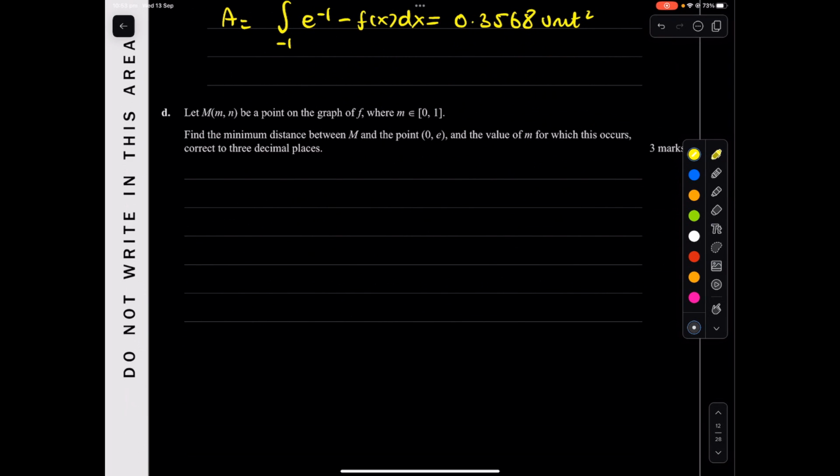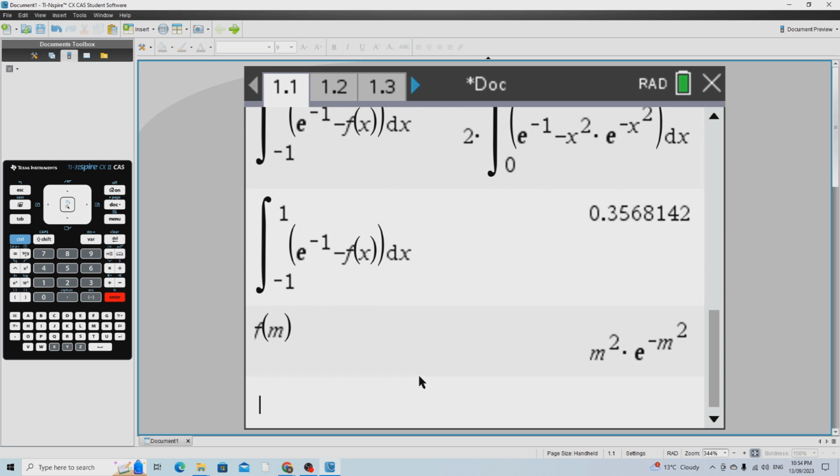Let m and n be a point on the graph of f where m must be between 0 and 1. Find the minimum distance between this point and the given point, and the value of m for which this occurs. Alright, so I'm going to use the distance formula here. Distance in terms of m: to get our n value, you just have to sub m into the function f. So what's f of m? It's just m